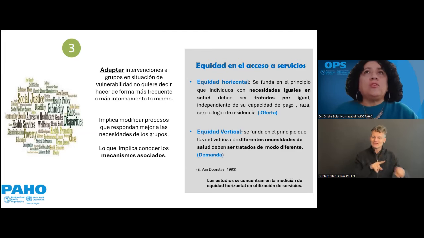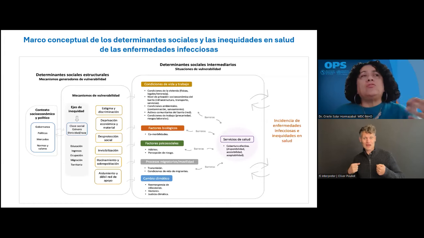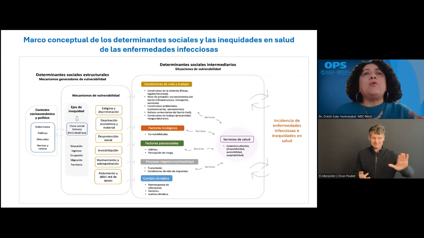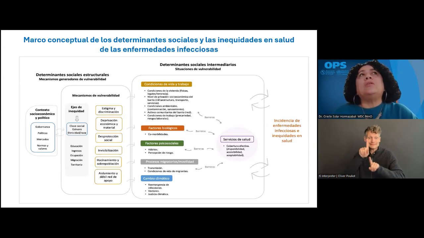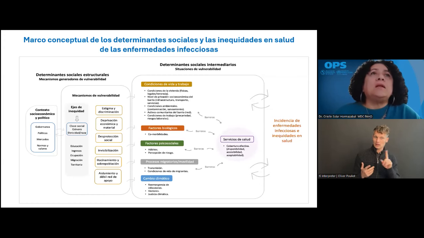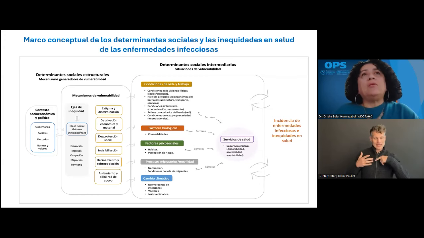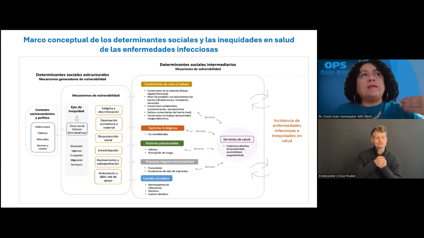And we are talking specifically about the social determinants of health in which the territories are inserted and in which people and communities live. Within this framework, we try to advance in how we look at this within the framework of infectious disease and our strategy for elimination. We had a collaboration and we want to strengthen better results. And we know as a fact that in terms of